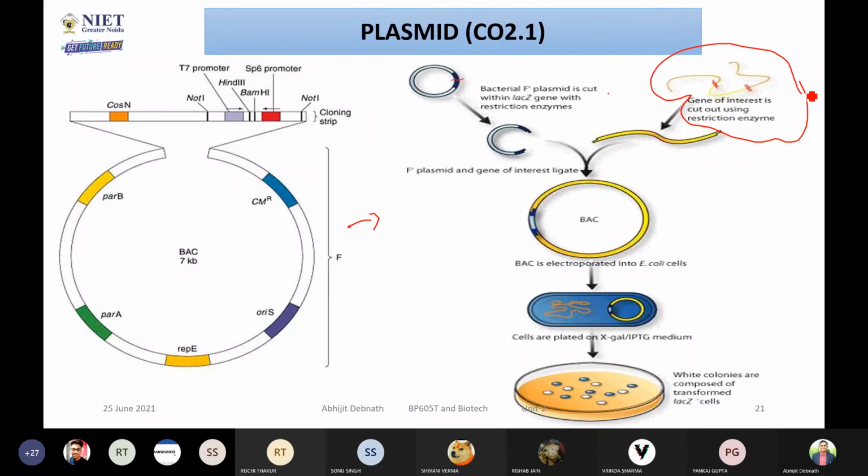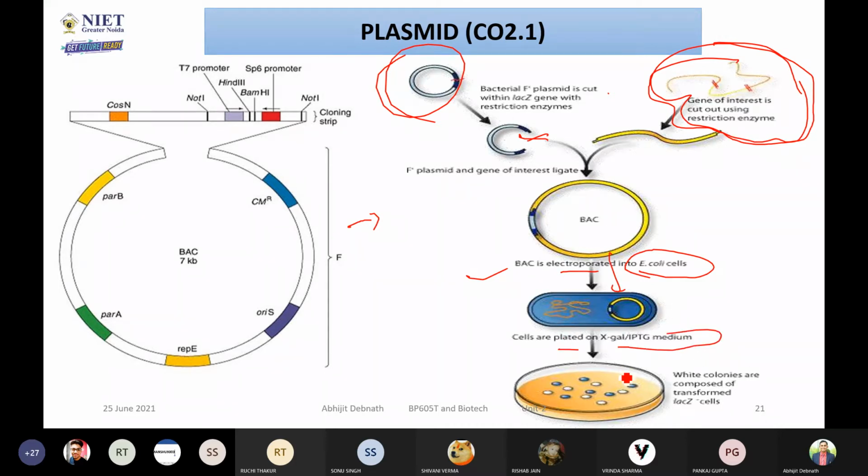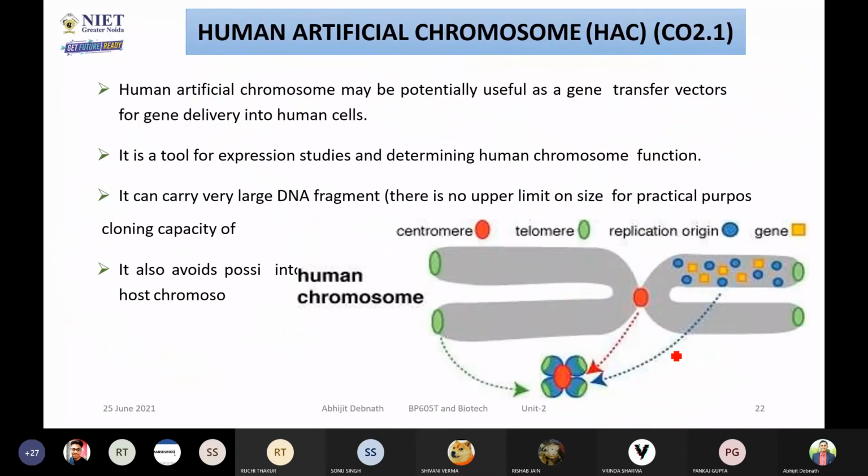So in that case, you will take out that gene of your favorite, so sweet-tasting mango, and you will be inserting that thing into a bacterial plasmid in this area. In this area, you can see it was actually inserted. Then this part will be electroporated into the E. coli cell. You can see E. coli की जो cell है उसमें आ गया. Then the cells are plated and multiplied, and then you may use this particular thing for the expression. Okay, so this is about the plasmid.